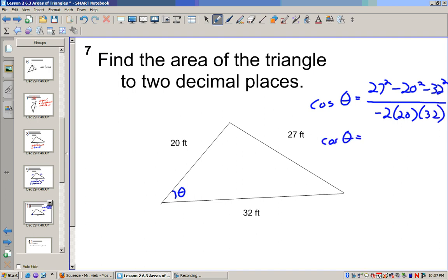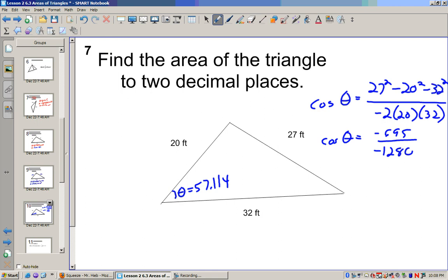So cosine of theta is going to be negative 695 over negative 1,280. So if I take the inverse cosine of 695 over 1,280, I get theta to be